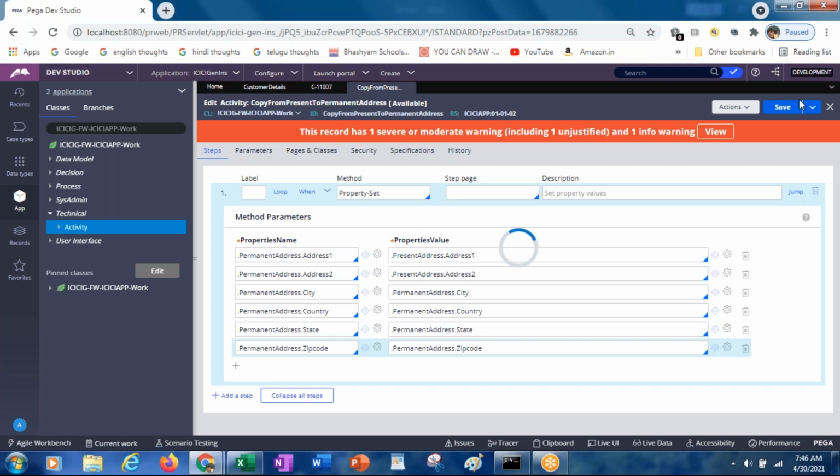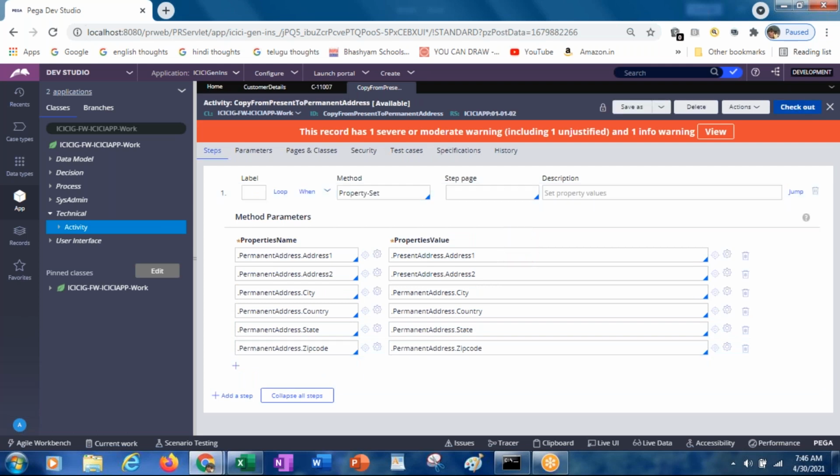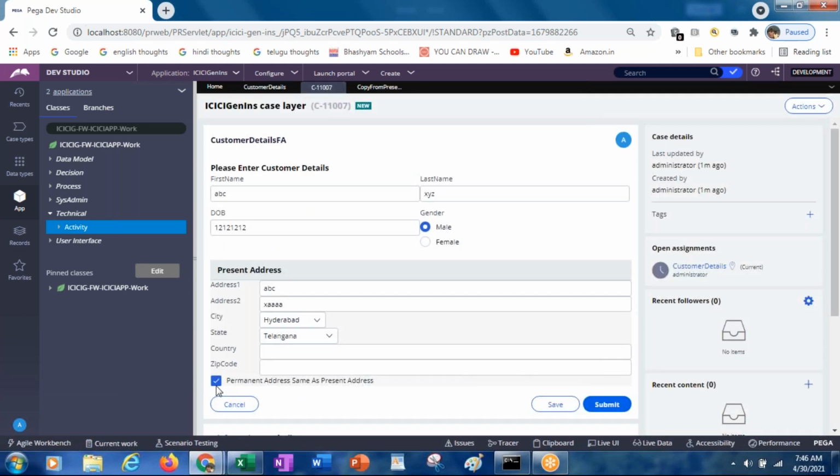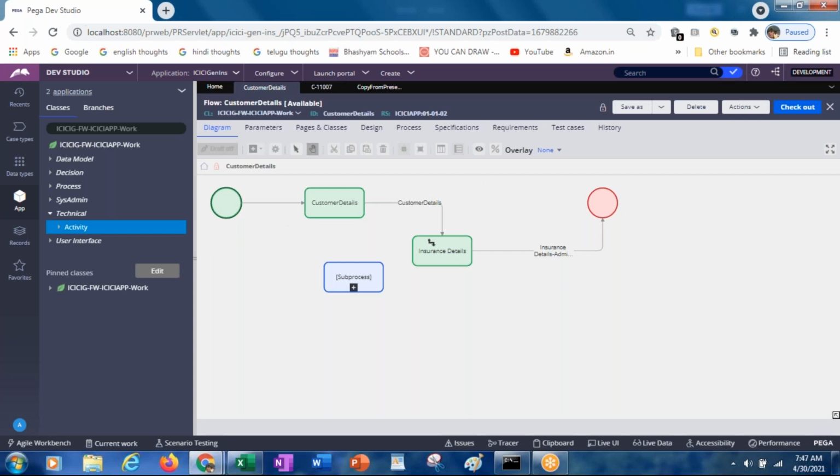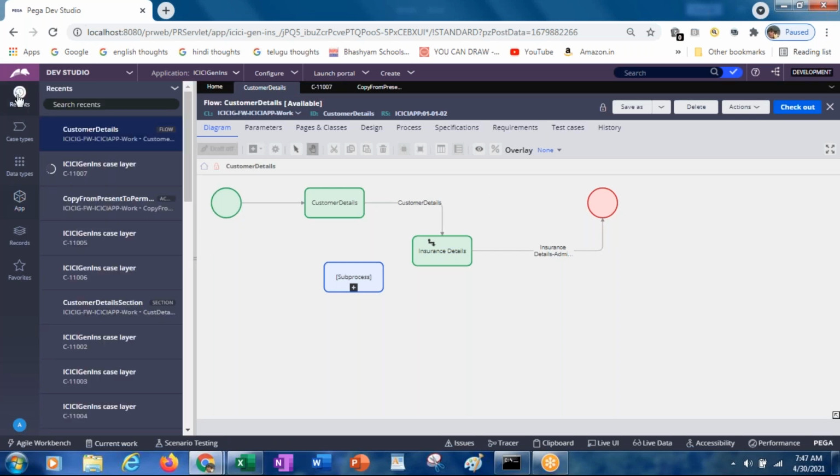Once after setting the values through this activity, we have to call this activity. From where do we need to call it? In the case when we want to copy, whenever we select this checkbox, we want to call this activity and pass these values accordingly. Now go to the same customer details section.